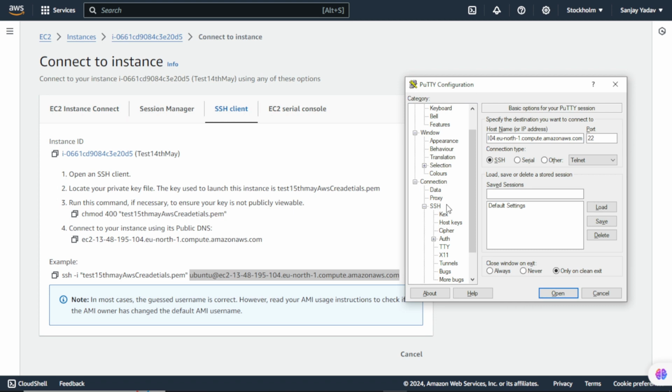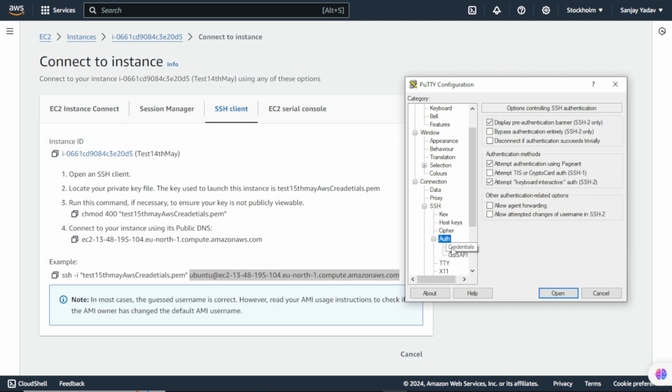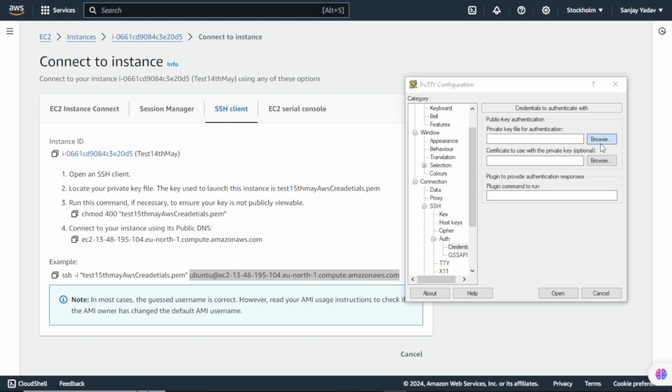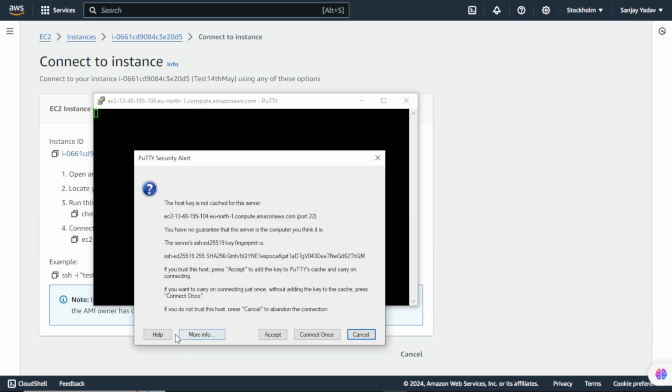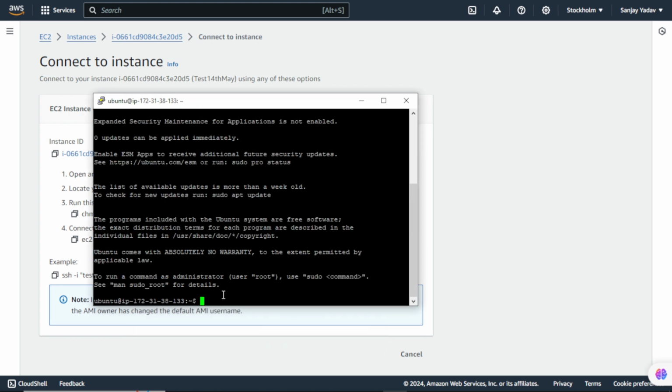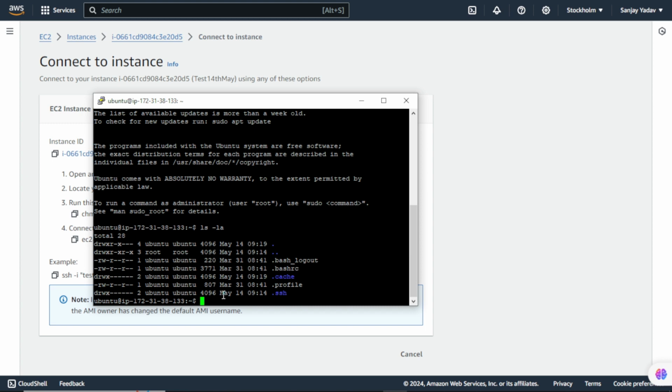Then go inside SSH and click on Auth, open it, click on Credentials, click on Browse and find wherever you saved your AWS credentials, open it and simply click on Open. Here it is asking for permission, which we will give. As you can see, we are already connected with the server, and simply we will write one command here. We will type ls space dash la, and whenever we press enter,